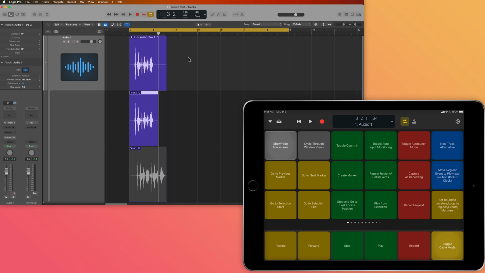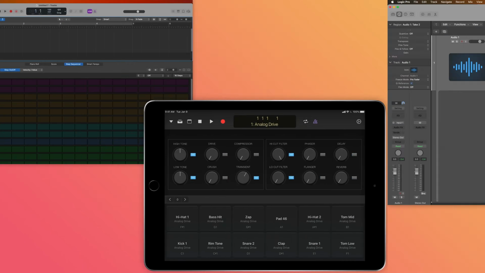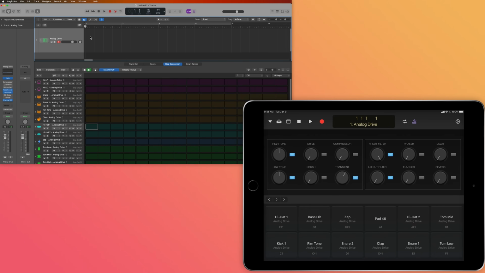And then it'll automatically pack all of your takes into a take folder. So you can do all of this recording remotely with Logic Remote, and you don't necessarily have to have another person operating Logic. Another really cool use of Logic Remote is to use it as a way to input notes